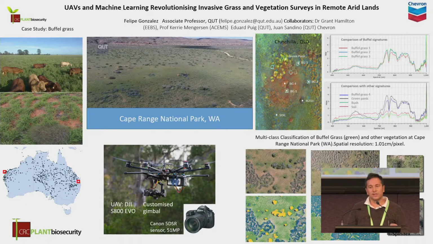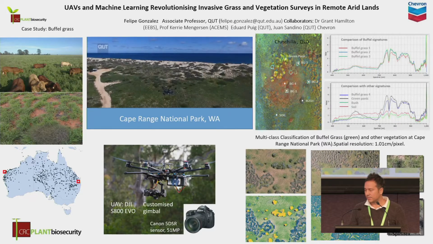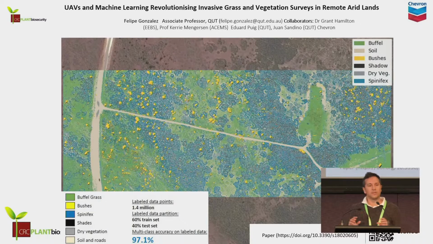So what we do is we take each of these images and we stitch them together, and that gives us a really comprehensive map of vegetation and distribution of buffalo grass in that environment. So to give you a sense of scale, a car, see the point here. A car is a really tiny speck in